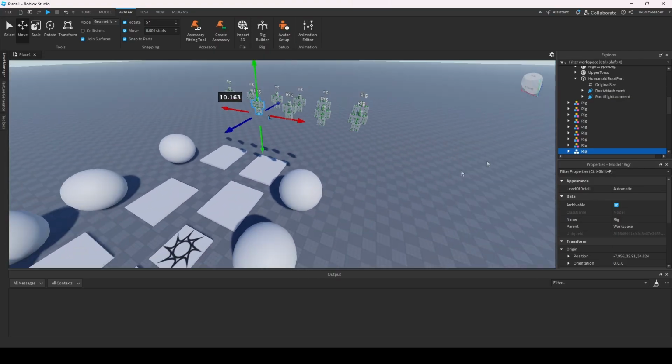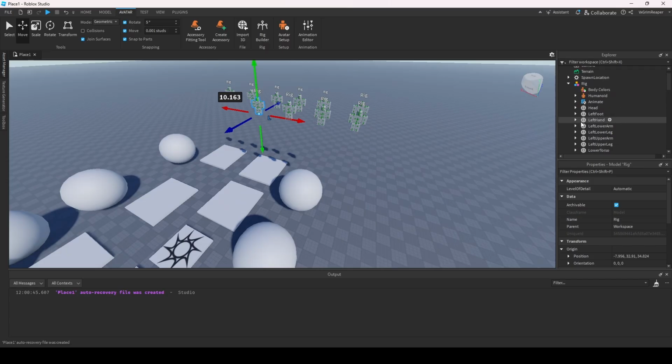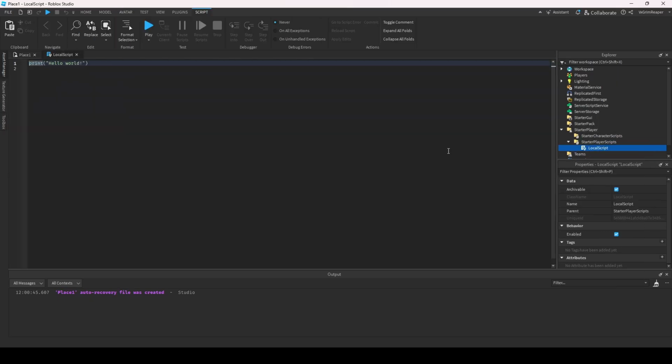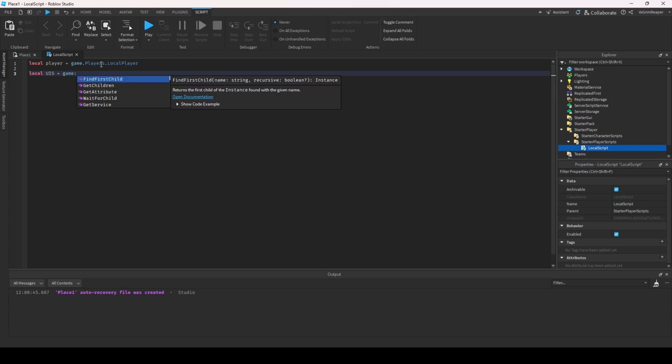All right. So now we can go ahead and start scripting. And I think the first thing we're going to do is script the user inputs. And we're going to go inside StarterPlayer and inside StarterPlayerScripts and just put in a local script. We'll grab the player, game.Players.LocalPlayer, and we'll grab UserInputService, game:GetService